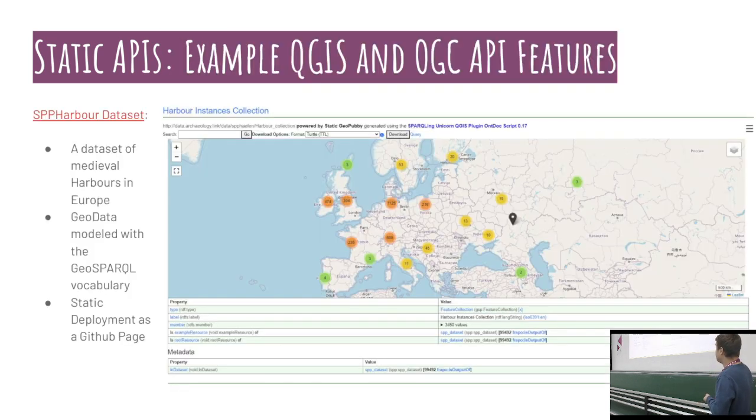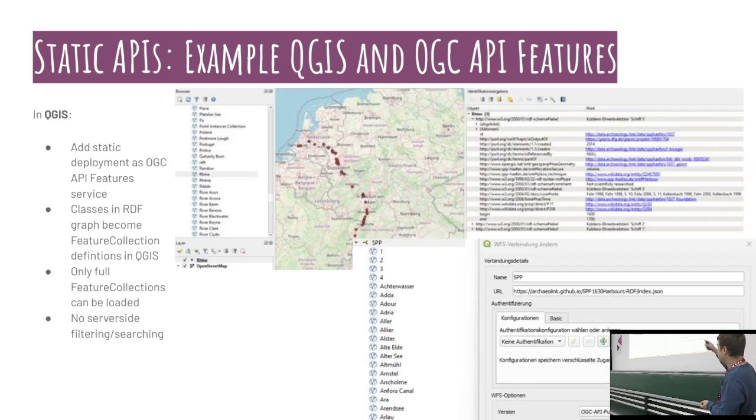So what we did is we used the OGC API Features API provided by OGC, which will give you access to geodata hosted as feature collections. So here we have a feature collection of ancient ports. It's available in RDF, encoded in GeoSPARQL. And here we have the QGIS application, which uses this file path here, hosted on GitHub, to integrate it as an OGC API Features service into QGIS. So you can use QGIS to load data from your data dump, classified by the classes that are encoded in the RDF that you see on the left-hand side.